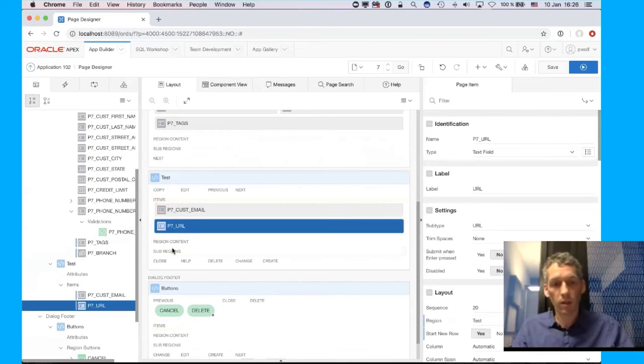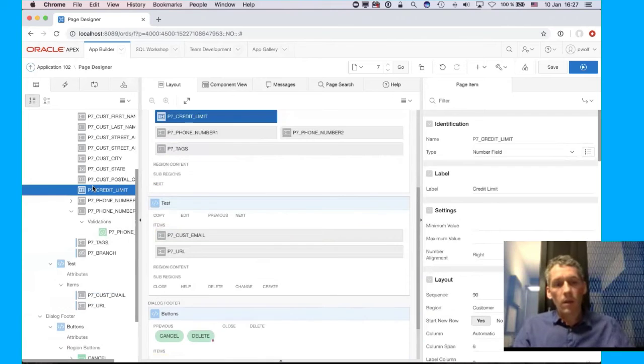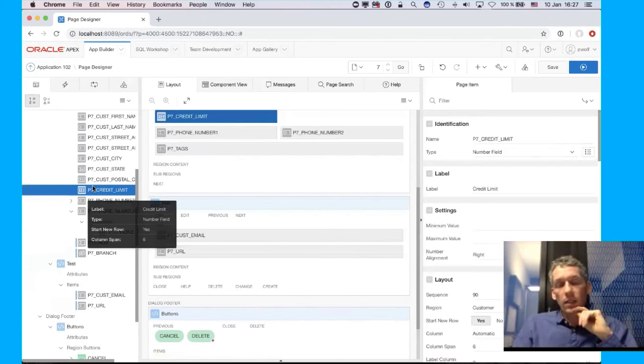Somehow it's deselecting it here. But it should also work that you use bulk select and then drag and drop it into that region. Another way